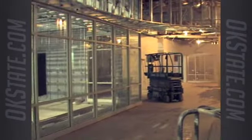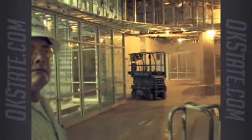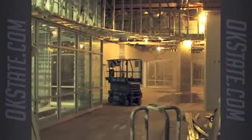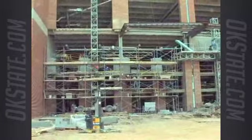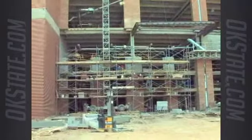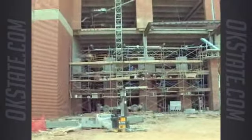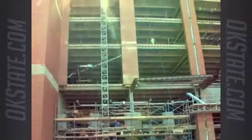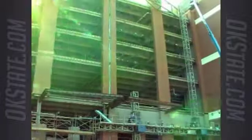That's about it. If you want to walk outside and take a look from the field level, we can take a look at the east side of the stadium from the field level, and then wrap it up here. Wilkes Masonry is finishing up the last of the brickwork on the outside face of the building. This is what you see right here. These columns in the center of the building are the last of the brickwork on the outside. So we're just about done. They've got a little bit of site work to do, some benches and things like that, some retaining walls, but